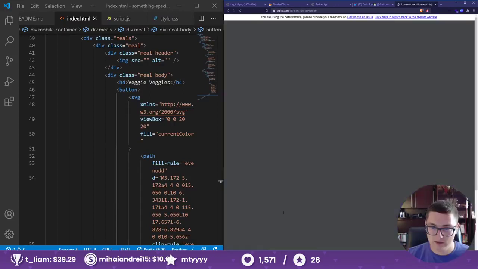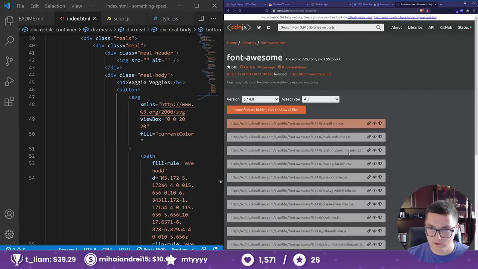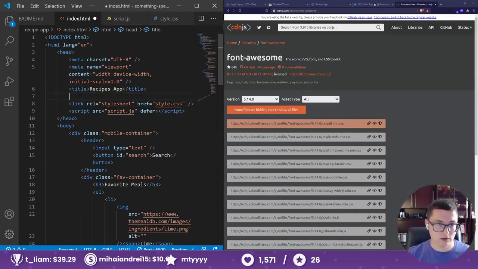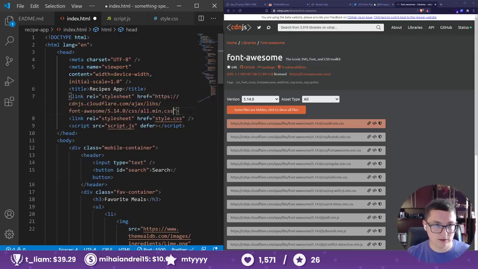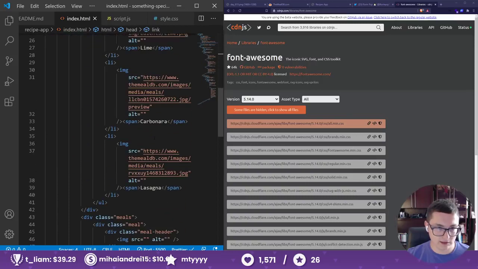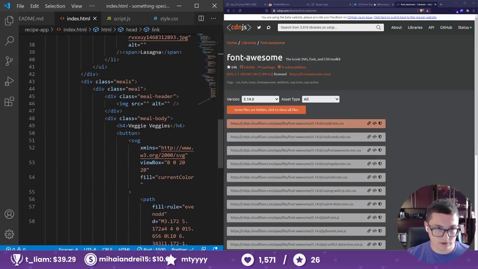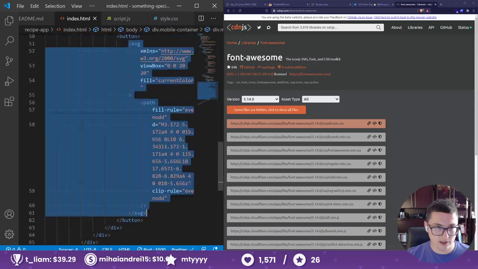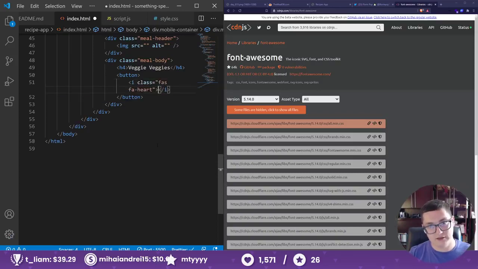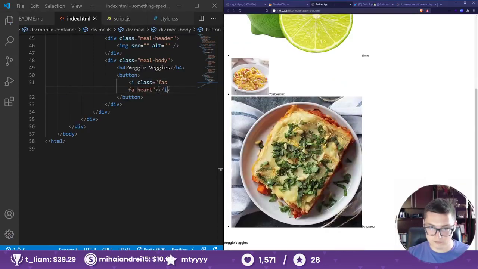I need this. Font all brands, copy URL, and I'm going here, pasting it here. Whoops, link, like that. Okay, good. Veggies button SVG, and now here we can use FAS, FA heart. Yeah, and we have a heart, which will be